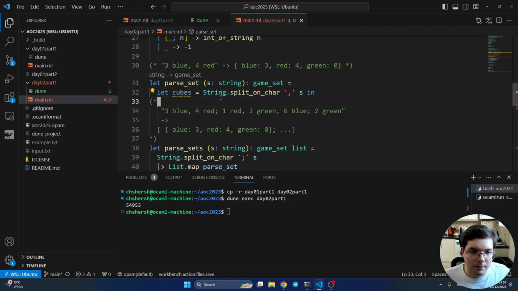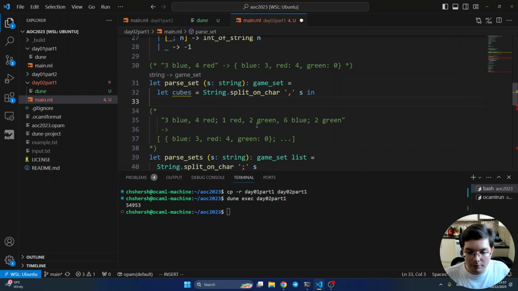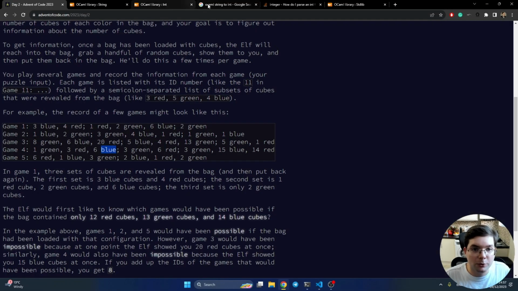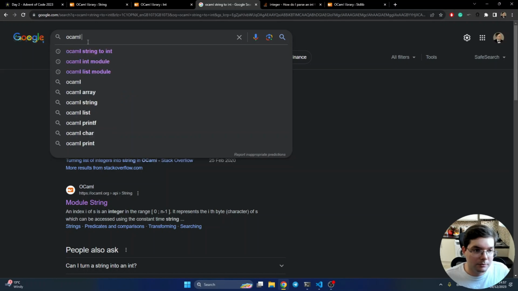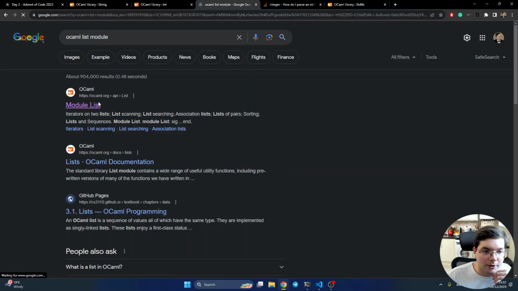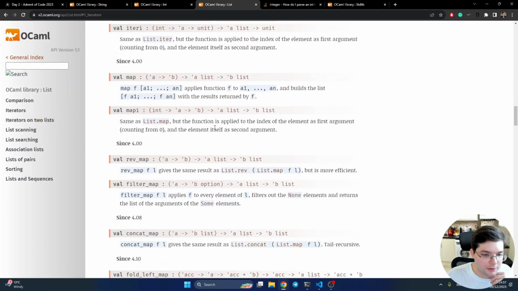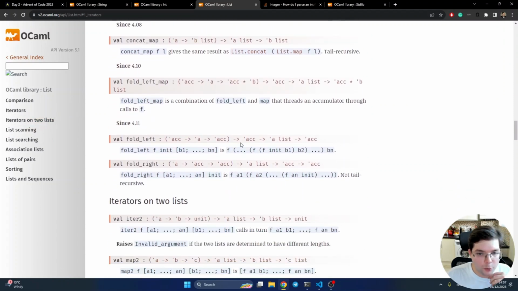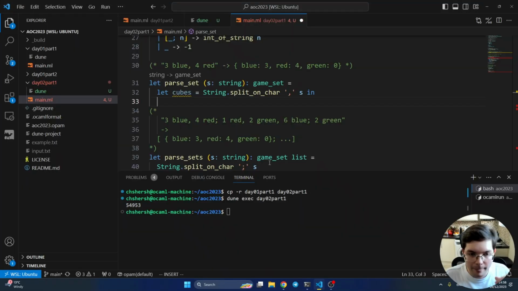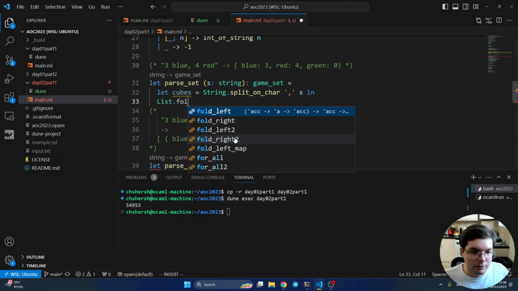And for this, we can use again our function from day one, which is called fold. OCaml. Let's have a look at it. Okay, so we start with some accumulator, which can be a 0 game set, and then we consider one element at a time, and we update it until we finish in the end. So this is what we are going to do. We are going to use list fold left